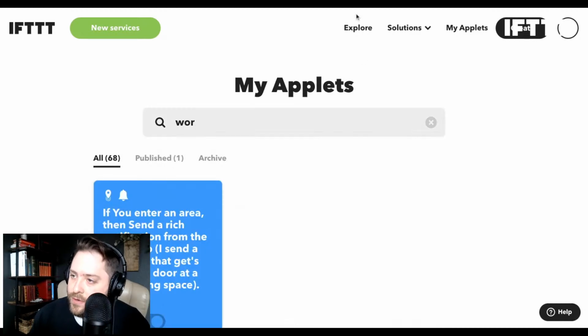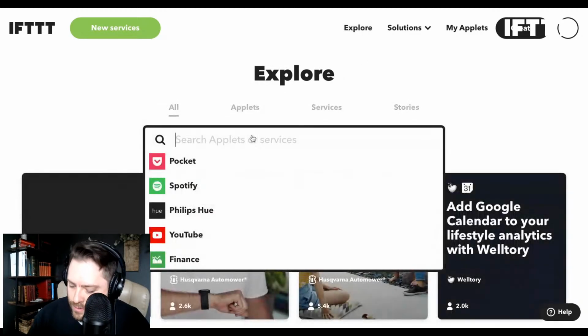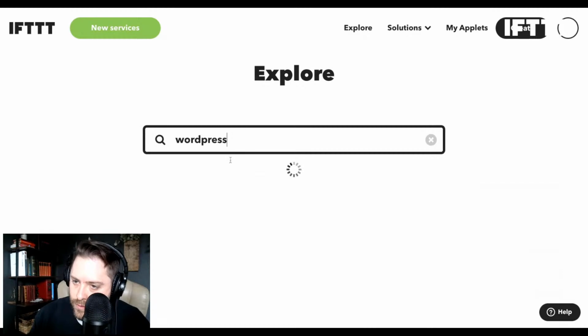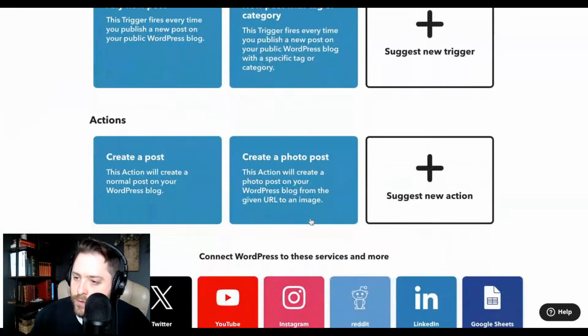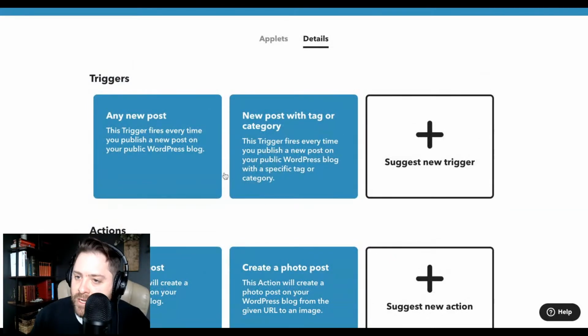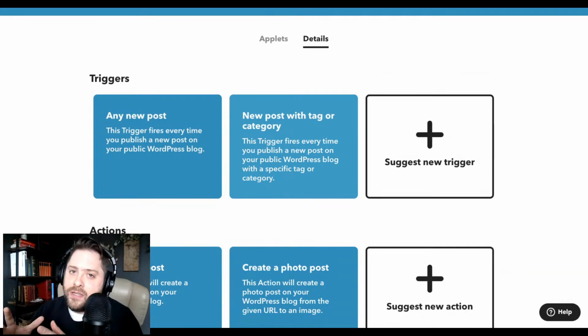This time on my applets, go back to Explorer. And then details. Any new post that is fired. So you can set up 2 applets. So one that publishes a post to WordPress, and then the following applet, this would be like, hey, if I have a new post that gets published, use this trigger, and then you can send that to your TickTick. So maybe not all in the same applet, but do it in 2 applets.